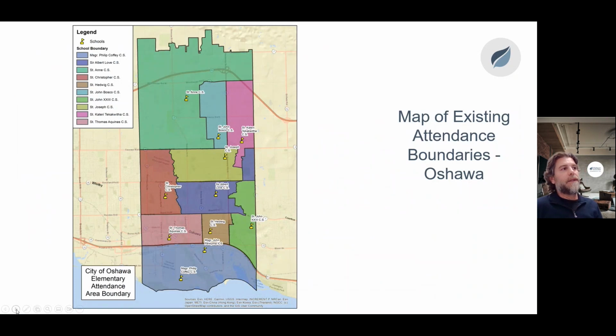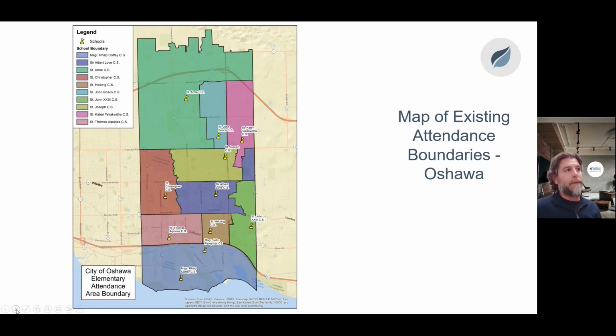What we're looking at on this next slide is really just to give you a sense of what the elementary school boundaries look like in the city of Oshawa, and I'll describe a little bit about why that's important to secondary. When we think about secondary schools, typically their boundary is made up of the elementary schools that feed into it. So if we sort of focus on Monsignor Dwyer